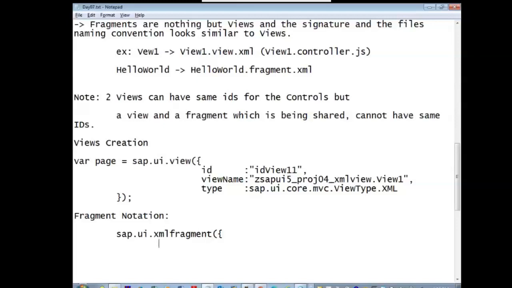IDs of the views are given by the server. But for the fragment ID, fragments are being called by the views. In whichever view it is calling, that view's ID will be taken and given to the fragment. You should not hard code that one. And the method to get that view's ID is this.getView().getId().